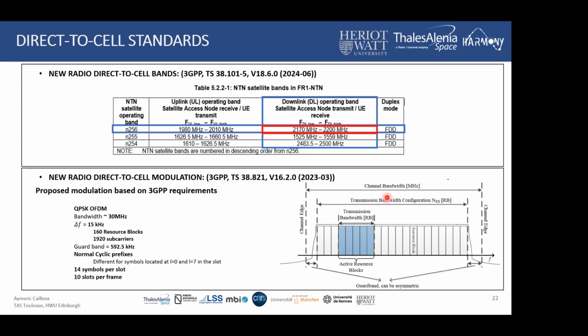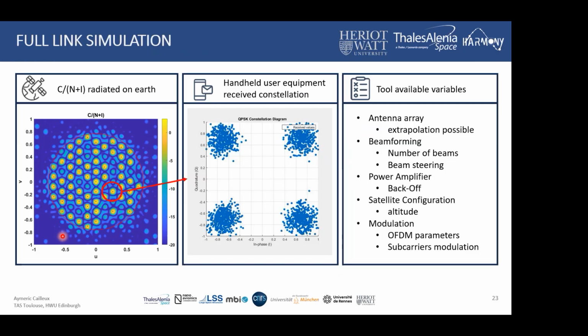And then we developed a specific algorithm to generate some new radio OFDM signal for direct-to-cell communication, taking into consideration the allocated bandwidth proposed by standards and respecting the required OFDM, applying, in our case, QPSK with a bandwidth of 30 MHz, which is like full bandwidth, and with a subcarrier spacing of 15 kilohertz, which represents 1,920 subcarriers per symbol. Once we have all these parameters and all this modeling, we are able to compute the C/N+I radiation